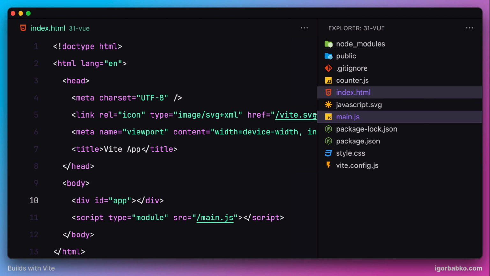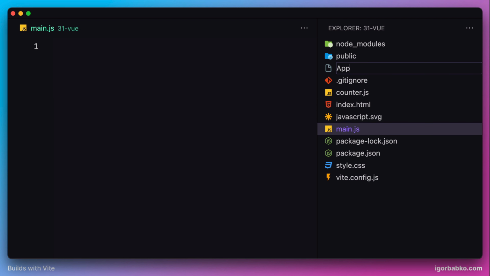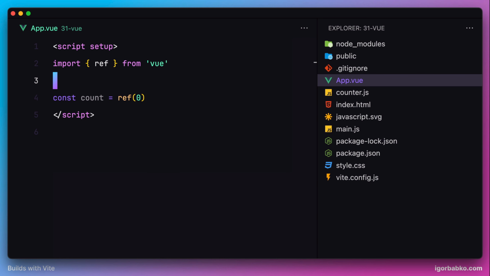So firstly, we're going to create the root component, App.vue, and for demonstration purposes, we're going to use a very basic example of a counter component. So I'm going to create here one reactive variable by running the function ref. This variable is going to store the current value of our counter, and inside the template of this component, let's add